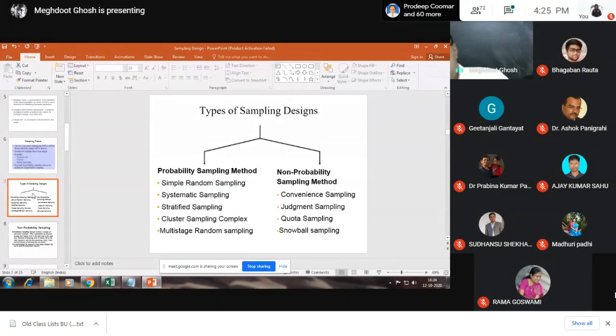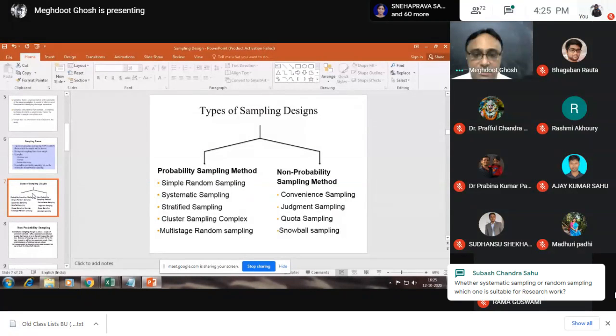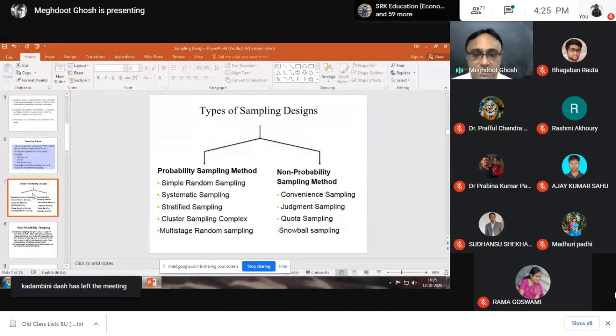But now come to the most vital part of sampling, which is known as the probability sampling method. I'm going very fast, and then I will open Excel to show you how these things are actually done. Now, the first is simple random sampling. What is simple random sampling? The name itself suggests that you blindly select the sample units from the population. There will be no pattern, and no information beforehand that I will select that particular person. So you will be selecting randomly